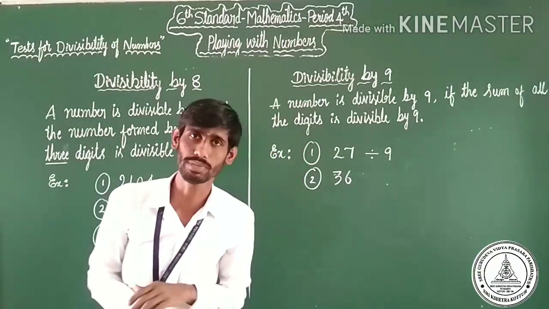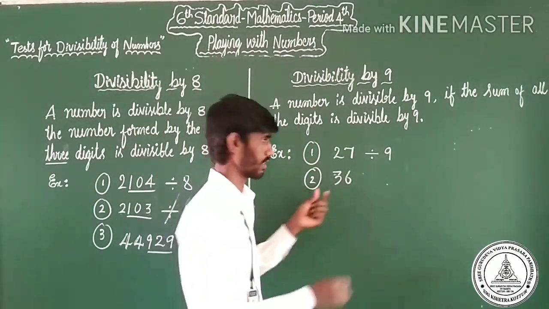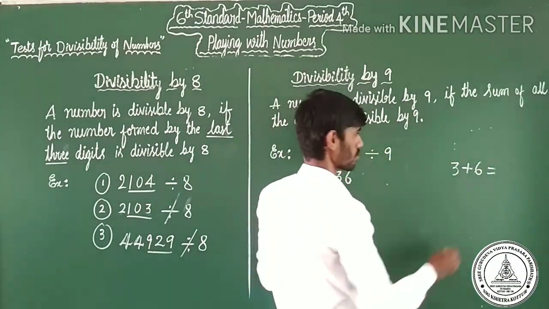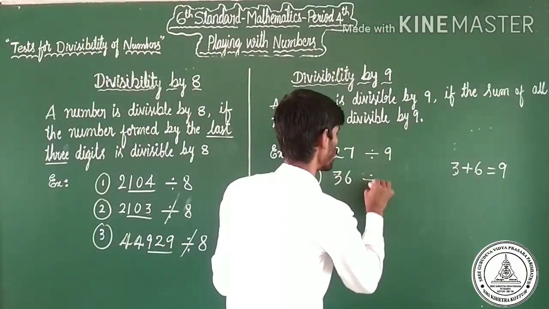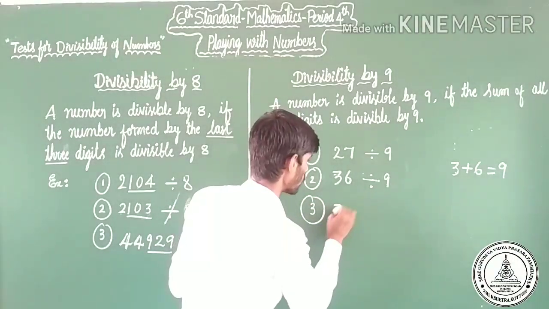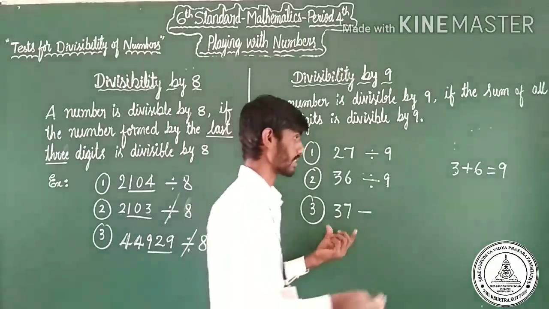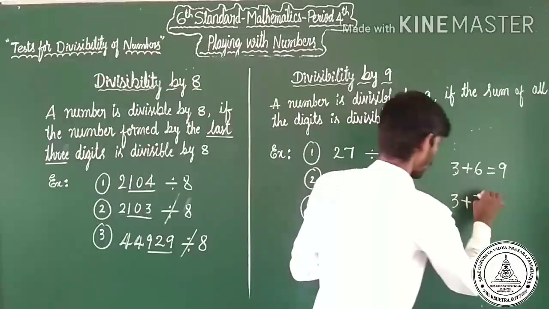Does 36 pass the divisibility by 9? Let us check. How do we check? Add the digits of the given number. 3 plus 6 is equal to 9. Of course, it passes the divisibility by 9. One more example, 37. Does it pass the divisibility by 9? Let us check. 3 plus 7